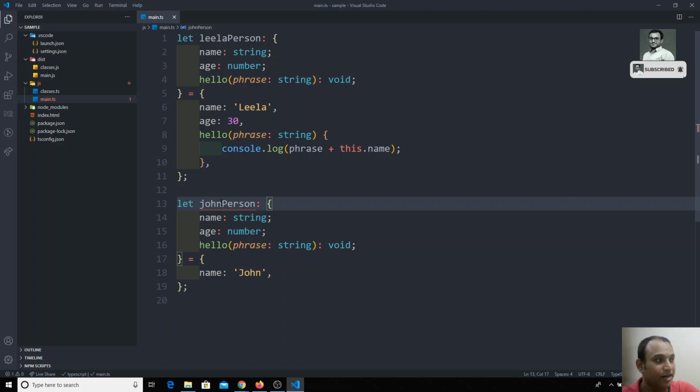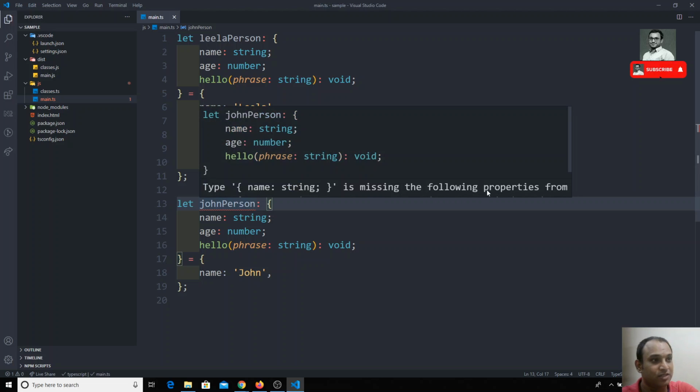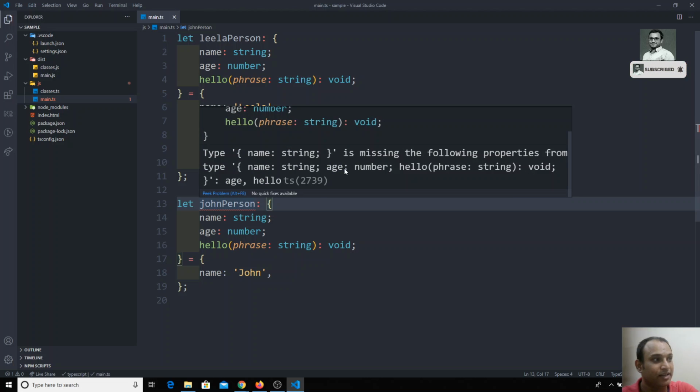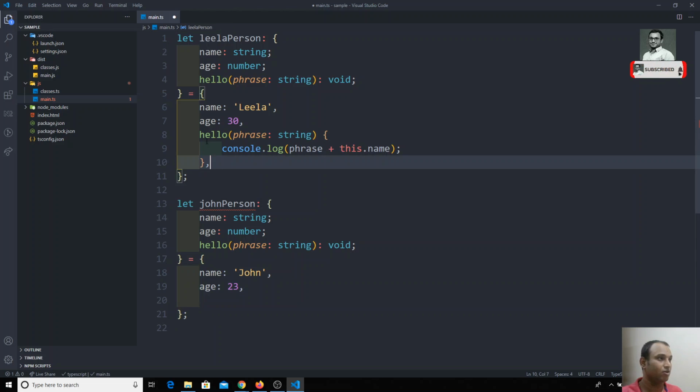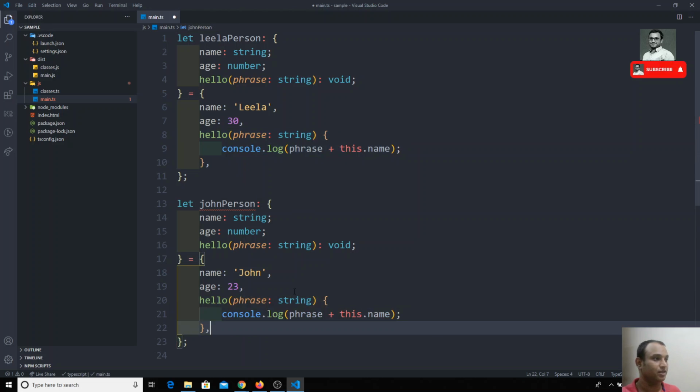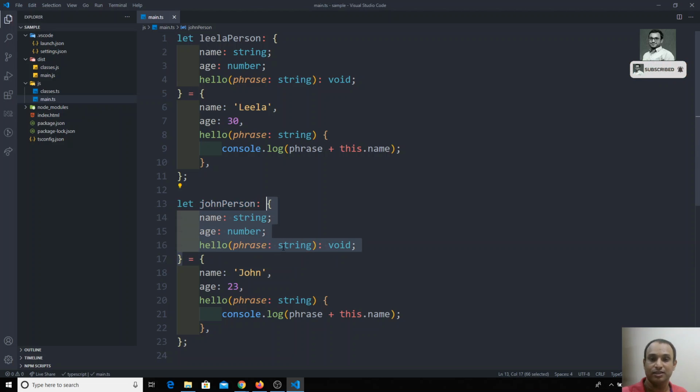Now we are getting an error on John person: name string is missing the following properties, age and hello. So somehow we are forcing the user to enter his age also. I can copy this method and use it like this, so that the error for John person has gone away. That means any object you are implementing as a person needs to implement all these properties.